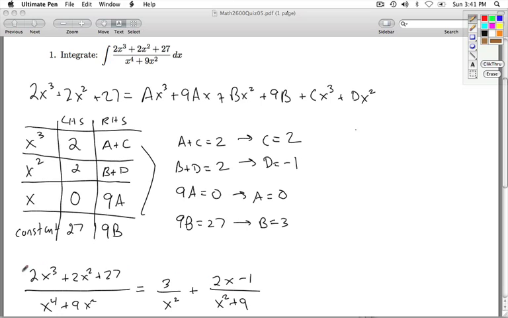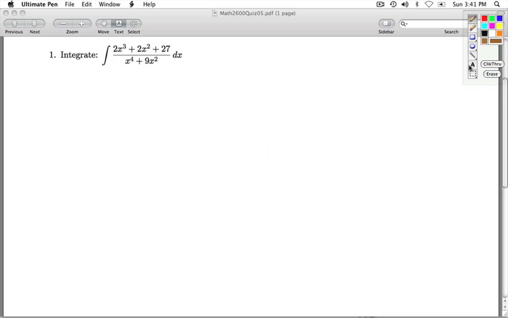So that means when I integrate this, I can integrate this instead. So I'm going to integrate 3 over x squared plus 2x minus 1 over x squared plus 9